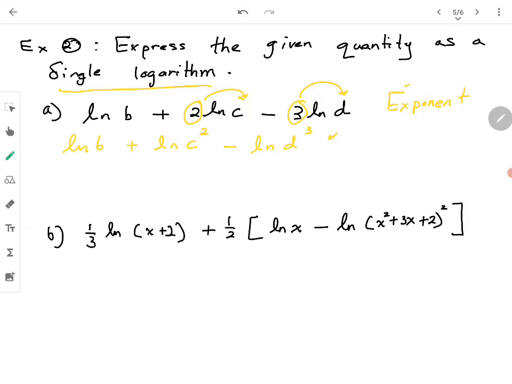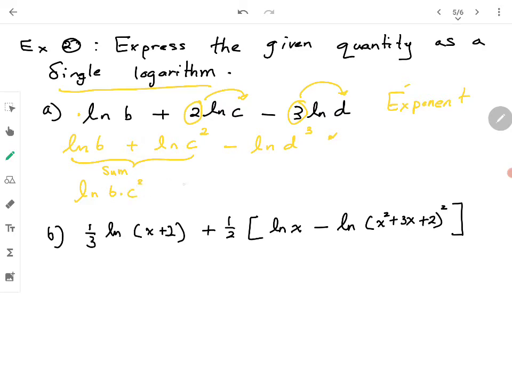Okay, so that's the first thing you need to do. If there are some numbers in front, move them inside. Here there's no number in front, so there's nothing to move. Then combine two terms at a time. So here you have a sum, so a sum can be written as a product,